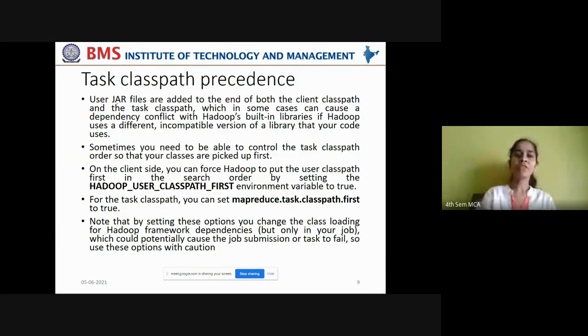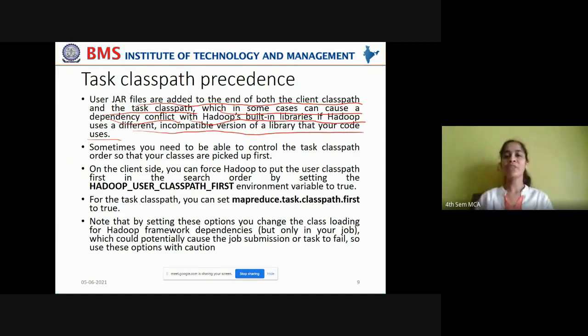Now, user jar files are added to the end of both the client class path and the task class path, which in some cases can cause a dependency conflict with Hadoop's built-in libraries if Hadoop uses a different, incompatible version of a library that your code uses.